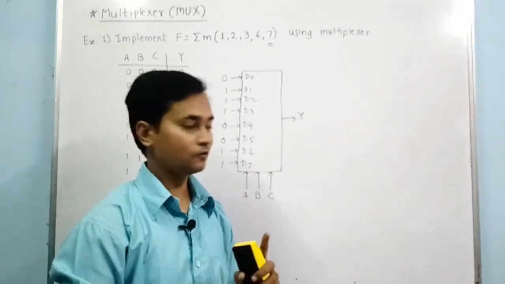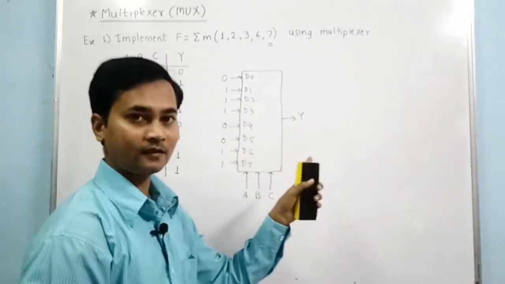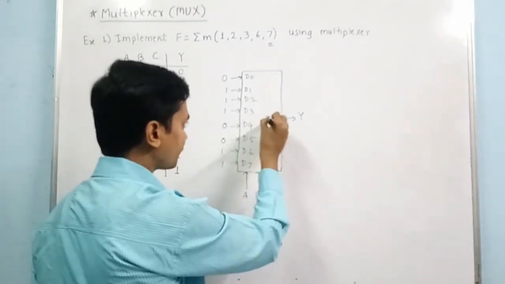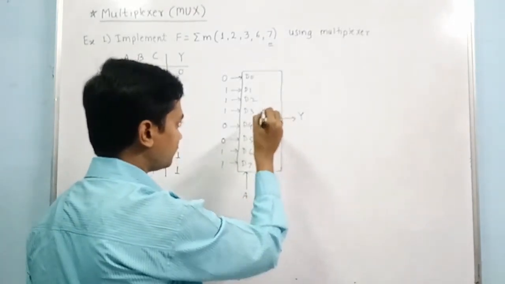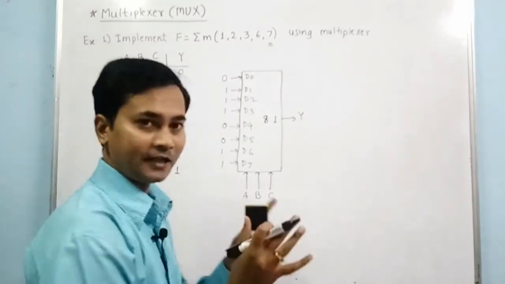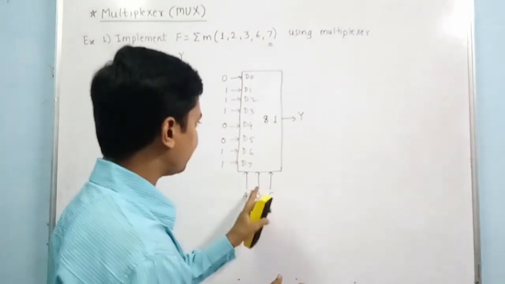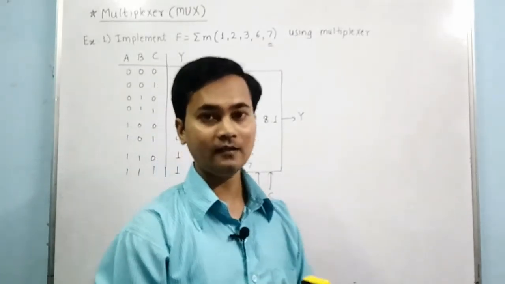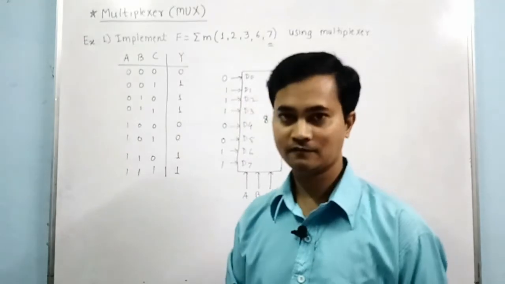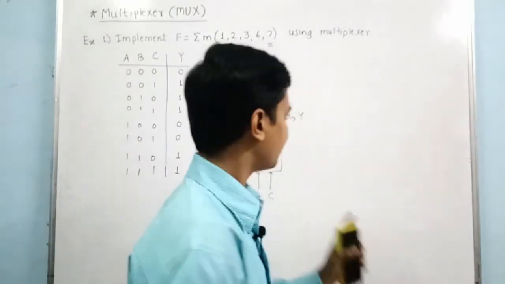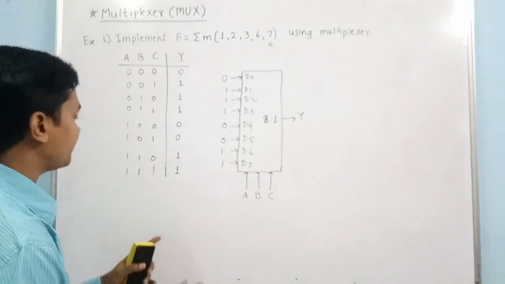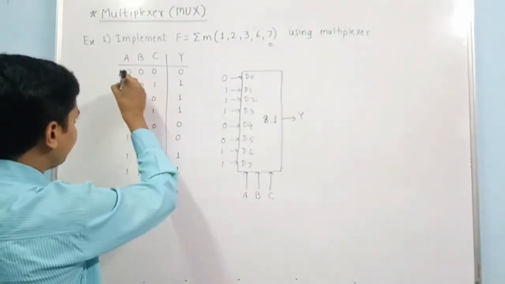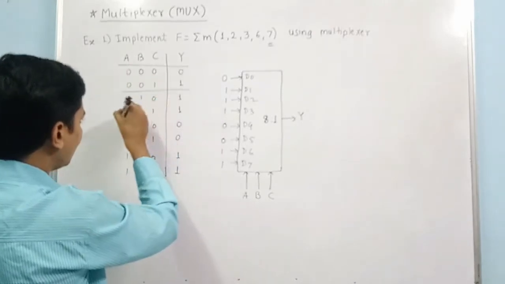Now if you want to reduce this 8:1 multiplexer using 4:1 multiplexer, then how can we do it? This is our 8:1 multiplexer. Okay, and if you want to reduce the hardware size, instead of using 8:1 multiplexer, I want to use here 4:1 multiplexer, and I want to obtain the same functionality. Okay, so functionality must be same. So how can we do it? So it is having one way to reduce the hardware size. So what will I do? I will simply make groups of two.